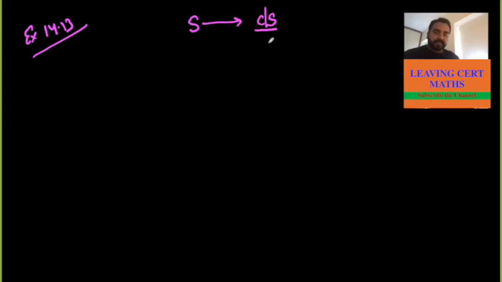We'll go by example. Before doing this, do you know what the differentiation of distance is? Differentiation of distance can be written as ds over dt. Distance is represented sometimes in s, sometimes in x, and ds over dt is always your velocity. You know this one, or should I explain?